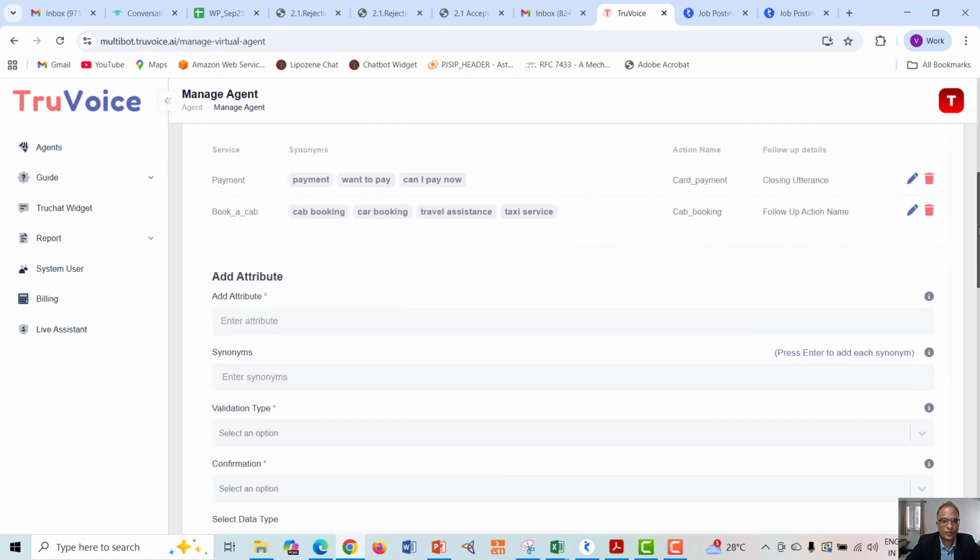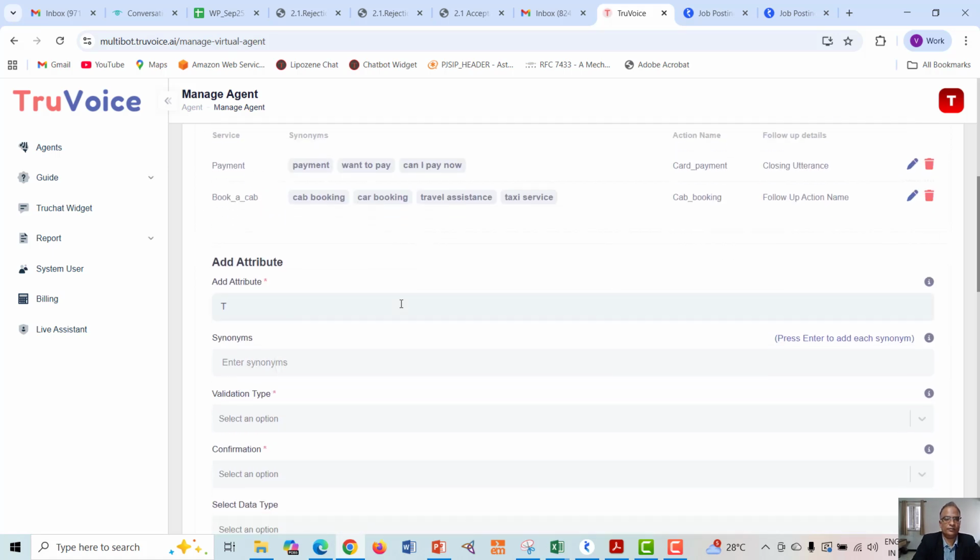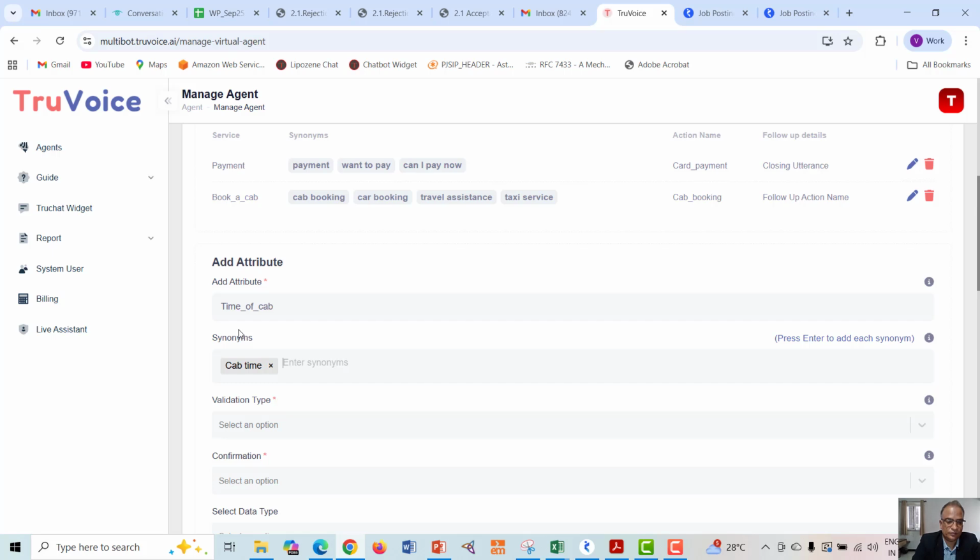Then you may want to capture the time. If you just give time, that may overlap with some other thing which you may use in the agent. So it may be better to use it specifically. For example, you may have a cab, you may have time of appointment. So a specific attribute name would help depending on the agent you are designing or developing. So synonyms, cab time, travel time,